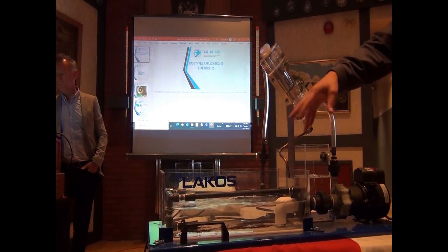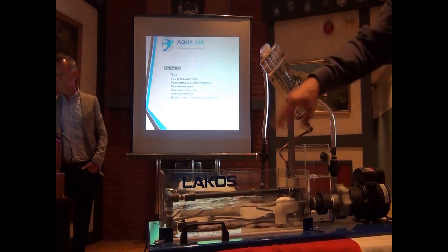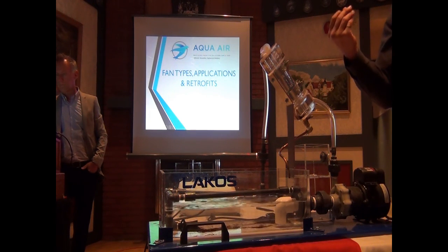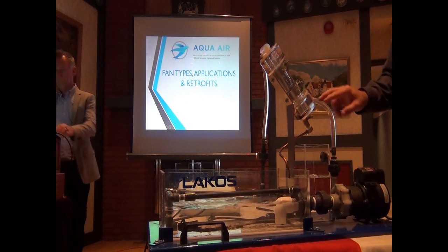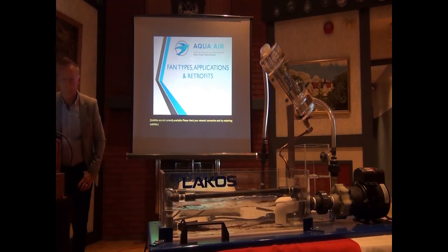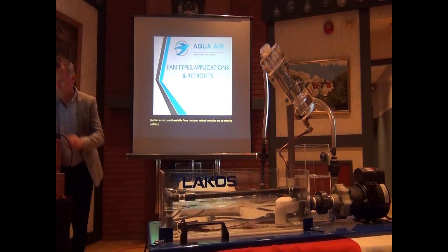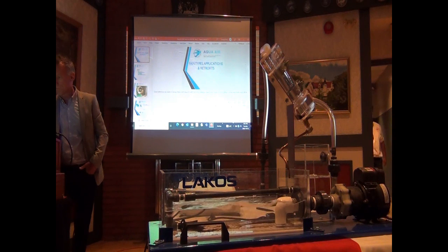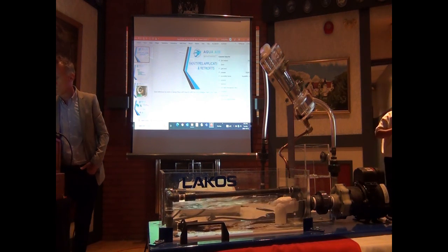So if we were to sit here and leave this for about 10-15 minutes, it would clean up all of this. The black particles in here are zeolite from a water softener. It would pick up all that zeolite and then deposit it down in here inside the stainless. So, yeah. That, in a nutshell, is your cooling tower system and how we can filter it and make it run more efficiently. Have you changed the